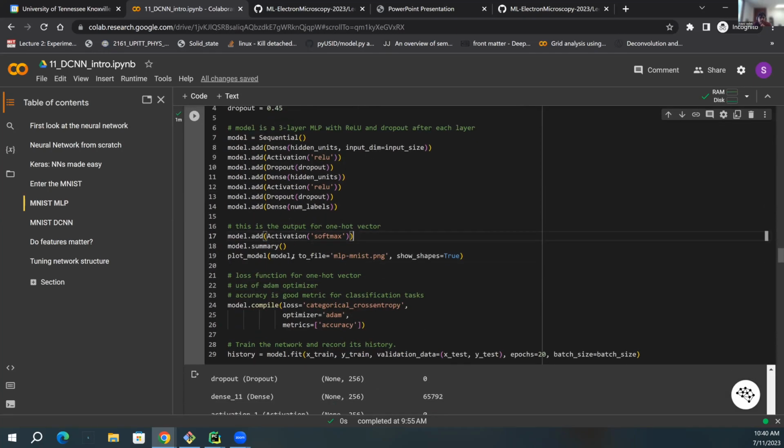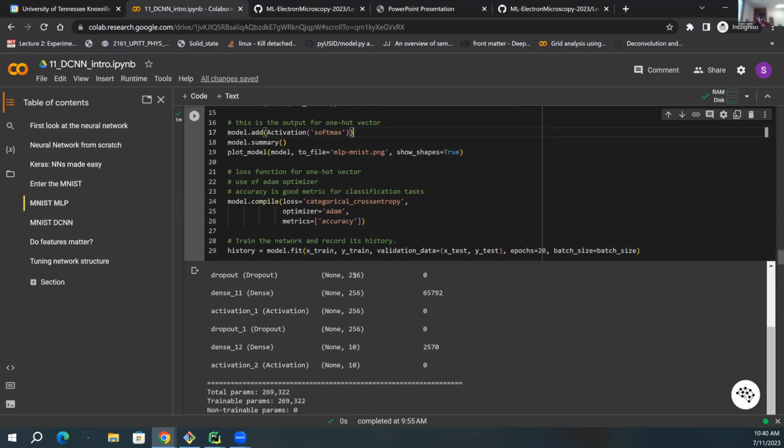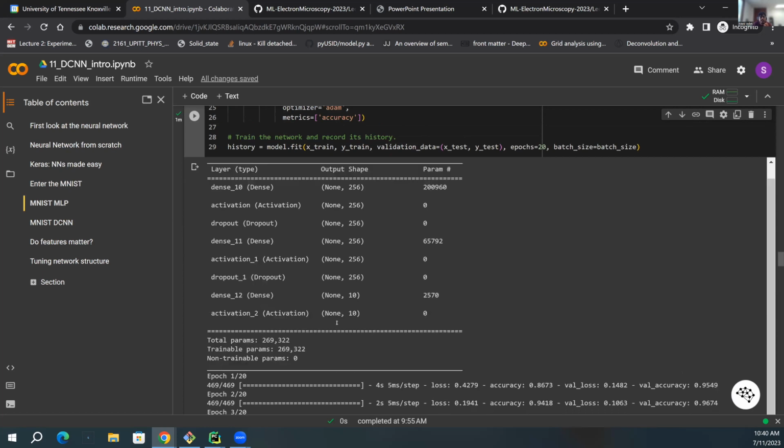And if we print out the model, that's what it's going to show here, 256. Ignore the dropout for now. So this is the layer 256. There's another layer of 10. If you see the number of parameters that are involved in constructing just this network, it's going